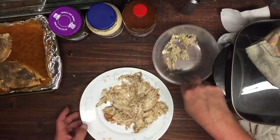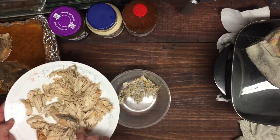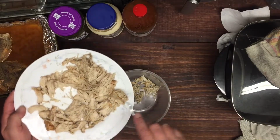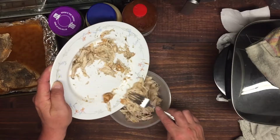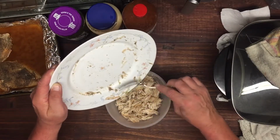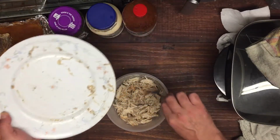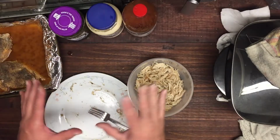Alright, so we put this in here. We get this flaked off the way you want it. You want it a little bit chunkier, you want it a little bit less, just keep on flaking it, whatever. So we're going to put this in here. Now here's something that I do, and I don't know if anybody else does this. Depending on how hot my chicken is, and this is pretty hot, in between flaking it,